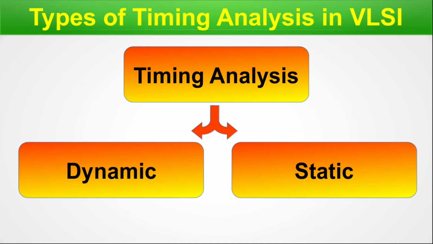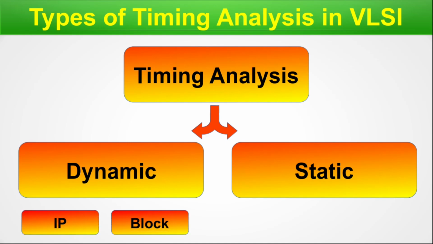On the contrary, the word static means that the analysis is done in a standstill condition and no time is involved. So this is the very basic difference. The word static means that there is no time involved, neither in the input files by hand nor in the output files. So there is no time wise sweep or something inside that. That's why it is called static. The dynamic timing analysis can analyze the same thing as static analysis, but for a very small design like an IP or a design block.